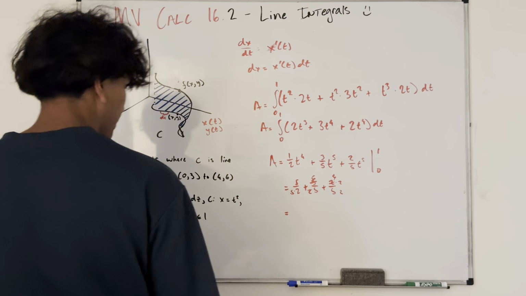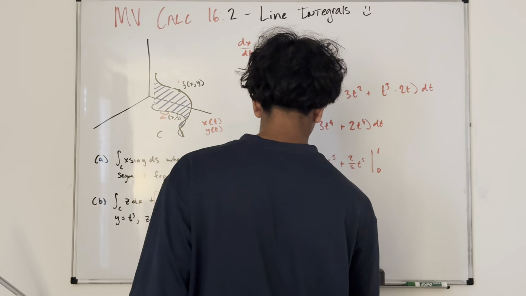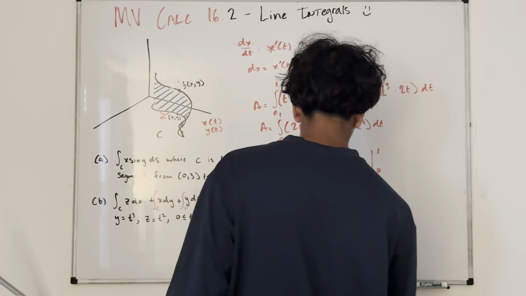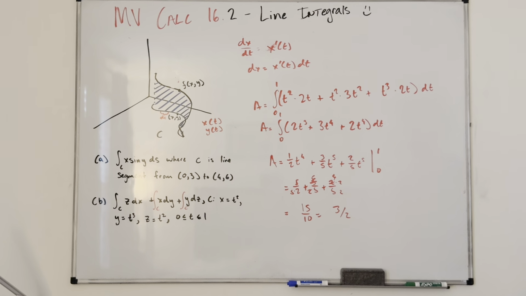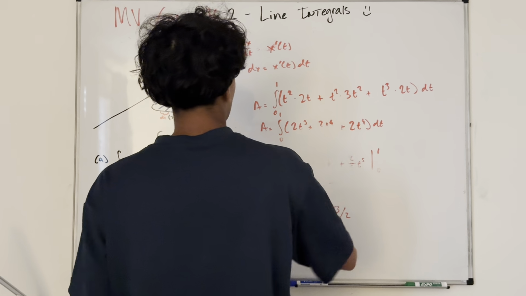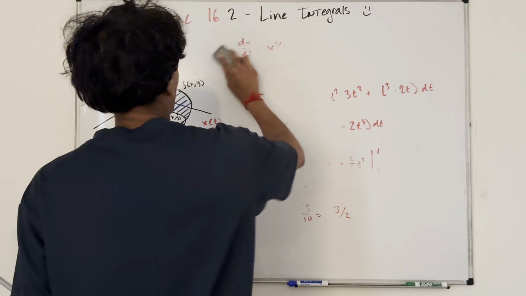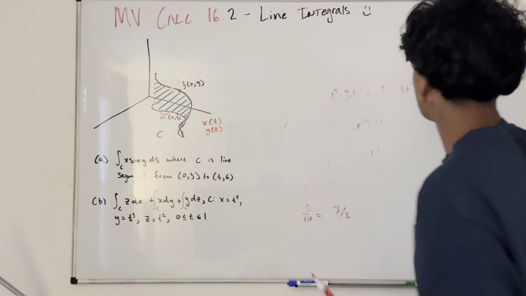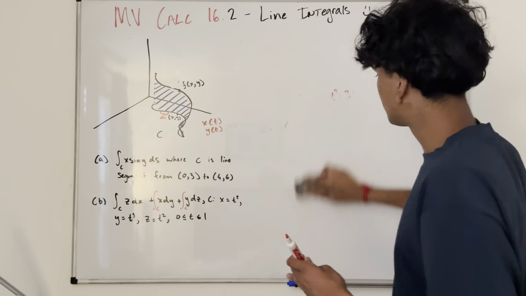Oh, it is 3/2. Okay, I get 15 over 10, which is equal to 3/2. Cool. All right. Now I want to talk about vector line integrals. So we've been working with scalars. Now, for vectors, if we want to do the same thing for a